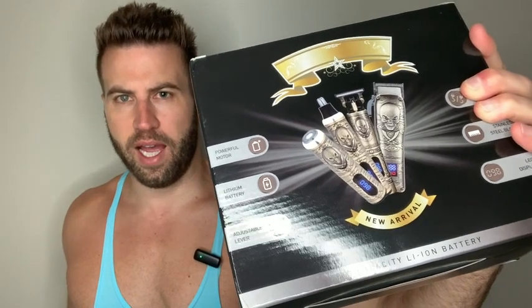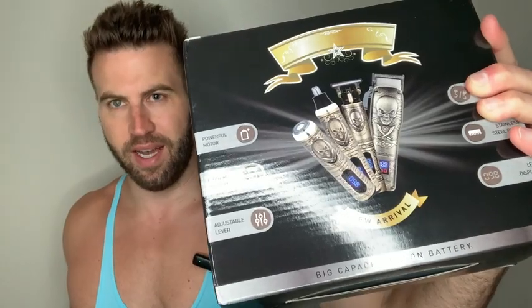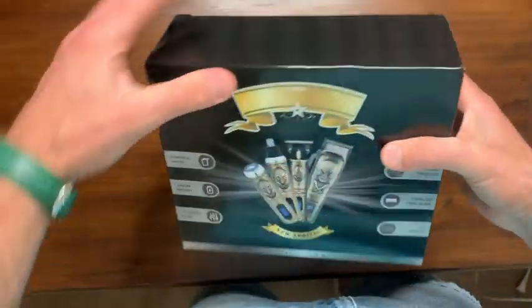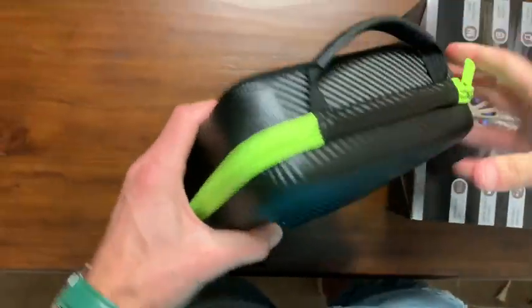All right, we've got the Roziapro rechargeable hair clipper set. Let's open it up, see what's inside. First things first, just the outer packaging alone. I mean, it's a nice package. I like the outer packaging, but when you open it up, it's got this legit case that it comes